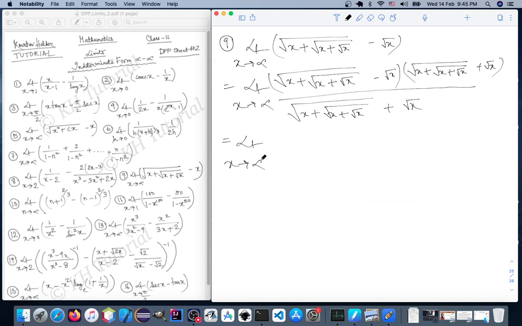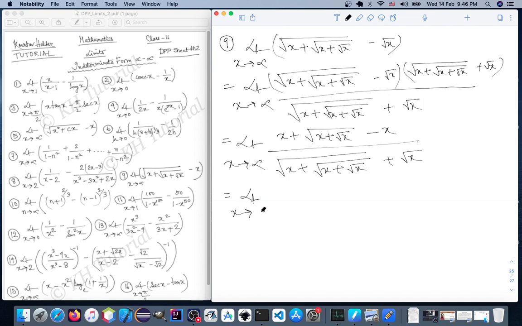We apply the formula (a minus b)(a plus b), which becomes a square minus b square in the numerator, and it becomes x plus, okay, this becomes x gets cancelled, we are left with